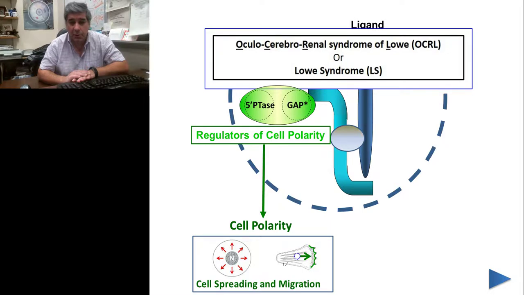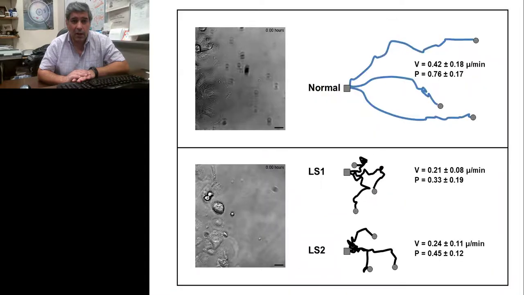And considering what we observed with Epstein, it should be involving cell migration at the same time. And here you can see some light imaging done on fibroblasts obtained from the skin of normal individuals and also from two independent non-related patients having Lowe syndrome, LS1 and LS2. And what you're seeing is a movie showing the migrations towards the right of these cells. And also you see the traces of the migration as the computer follows them and calculates the velocity and persistence